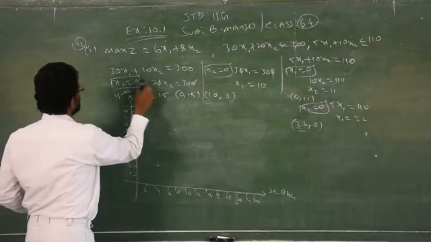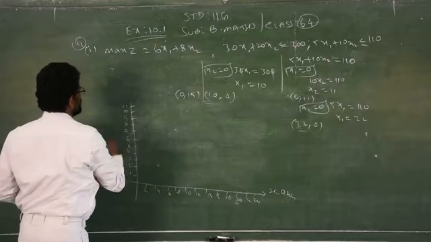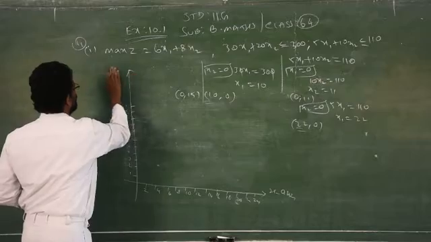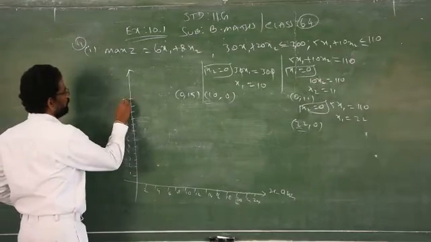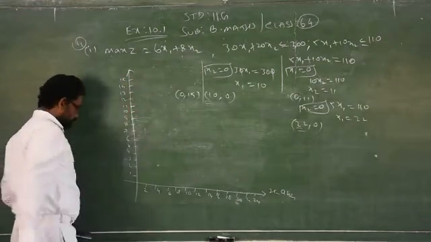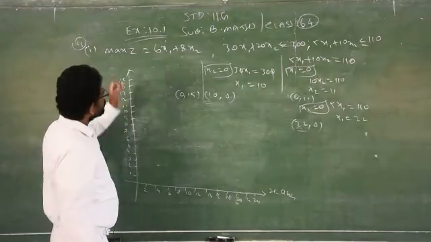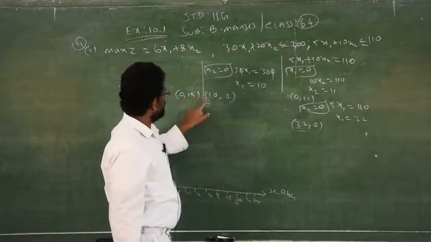You need only points, so these steps are not necessary. I can just extend, but in the graph sheet you have 30 centimeters, so better you take 1, 1. There is no problem using that graph sheet. 14, 15. Clear? Now you got the points from the first equation: 0, 15 and 10, 0.